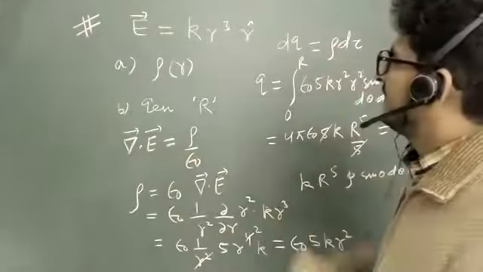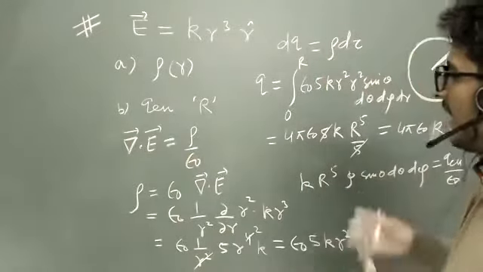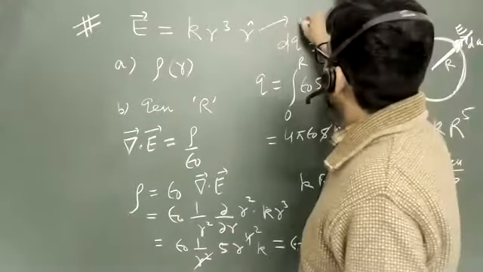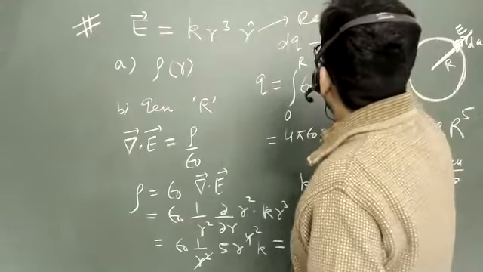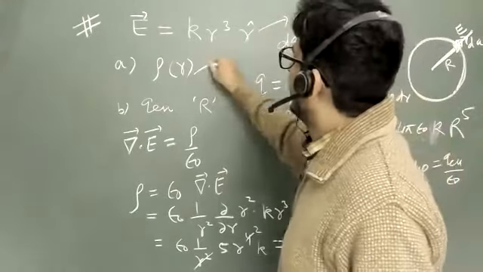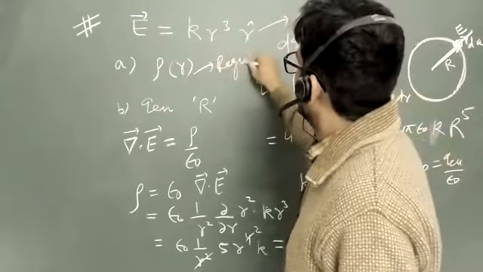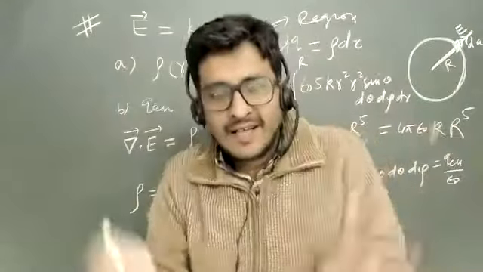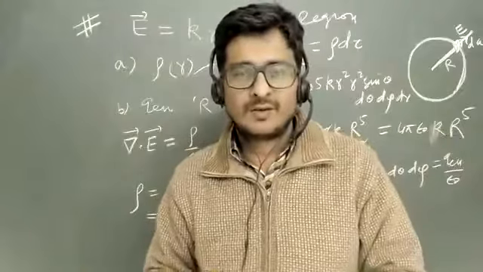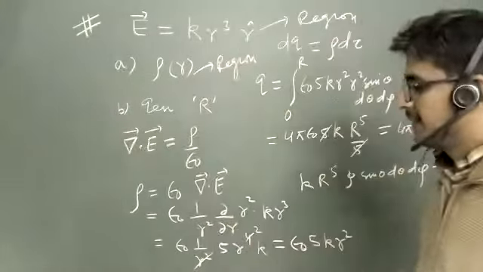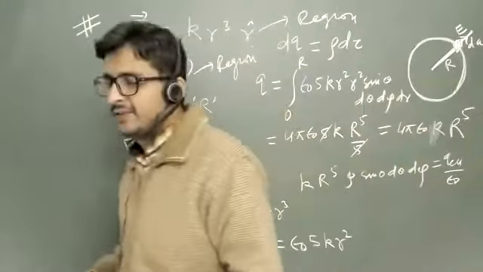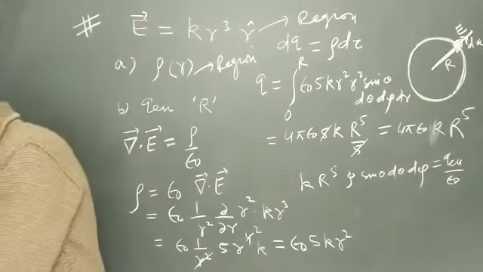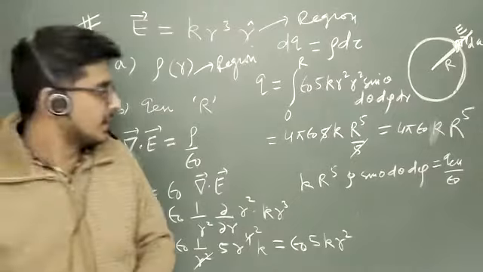The question is very simple, but try to understand what is happening. This is a property of a region, and from this we have calculated something which is again a property of the region. Then you enclose an area in which you want to calculate the charge enclosed. So all that is related to simple mathematics. Please see it, and if there is any doubt, please ask me. So this was the first thing that I wanted to discuss.